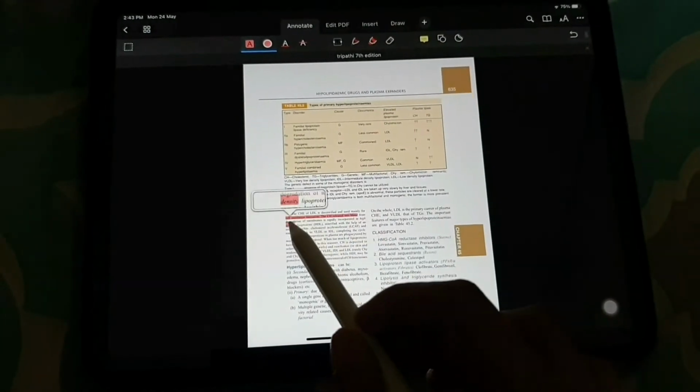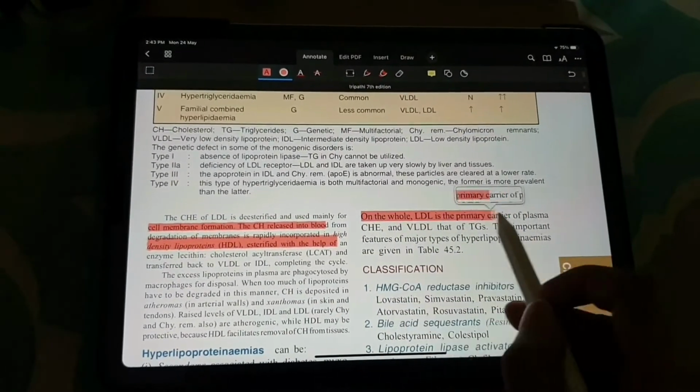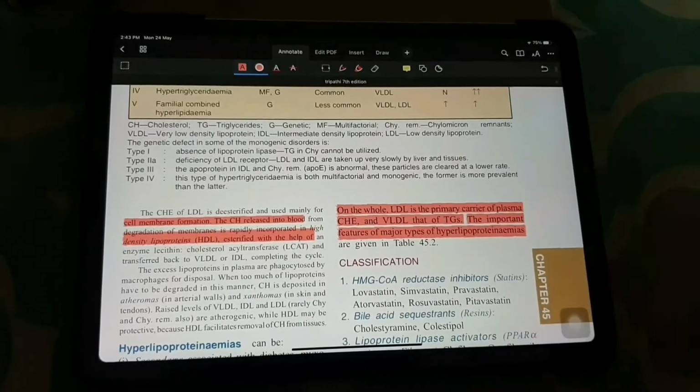You want to write a document? Okay, fine, you can do that. You want to underline the text? You can do that. You can highlight text and you can also put signature on different papers also with the Apple Pencil. And there is only two problems with it, and one is obviously the price, which I think so